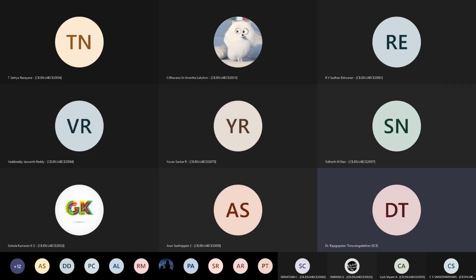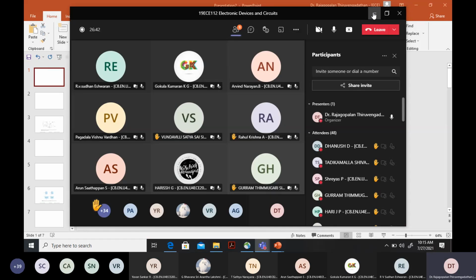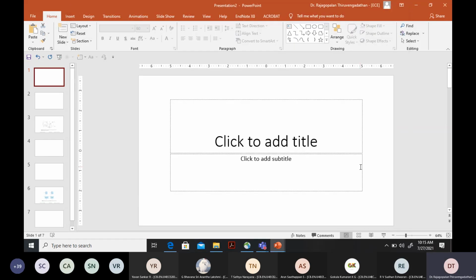So good morning once again. In today's class, what we are going to discuss is the minority carrier profile concentration. After all, the electrons from the emitter are collected by the collector, but they have to go through the base region before they reach the collector. So it is important to understand the current concept in entirety. That is the reason why we look at this topic for today's discussion.